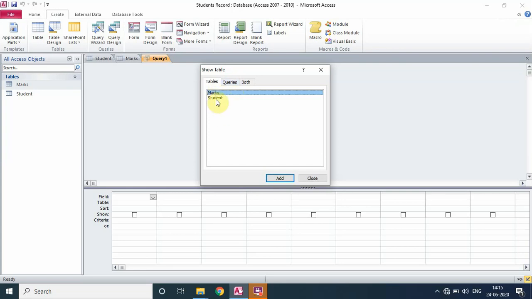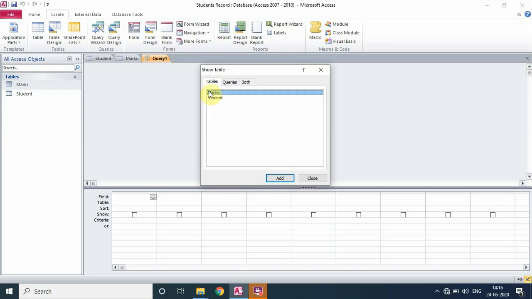So before creating a query, we should be very well aware of what a query is. A query is just a form of a question which is going to give us the answer according to the content of the question we are asking. Suppose I want a certain record from my table, not the whole table, but a particular record of a class 8 student. I want to ask, suppose, the percentage of a particular student. For that I need to create a query. Fine.